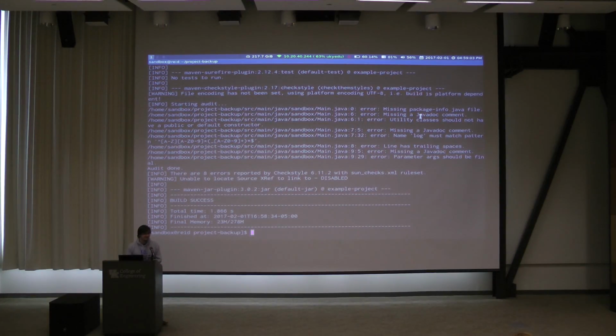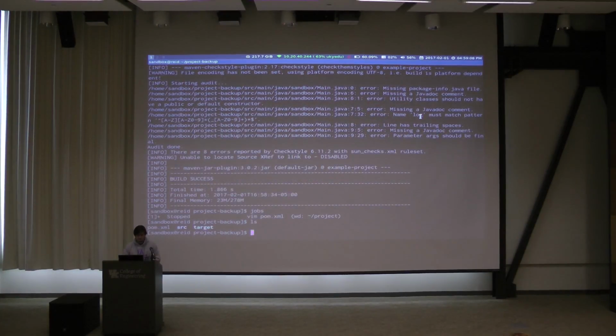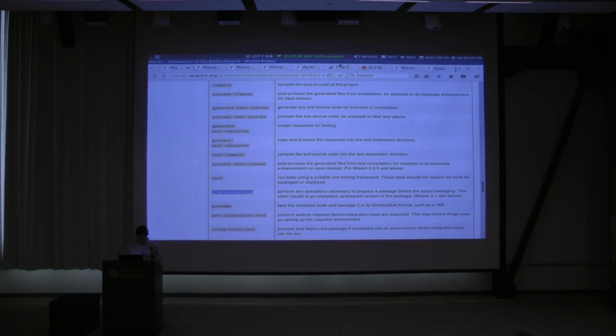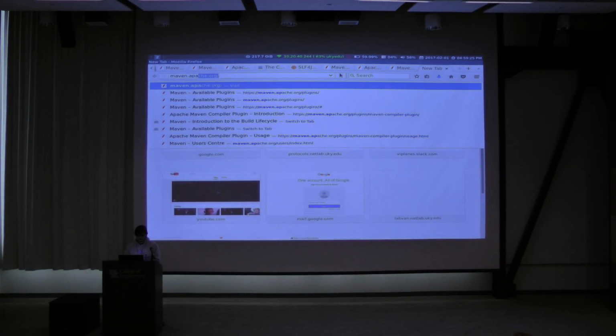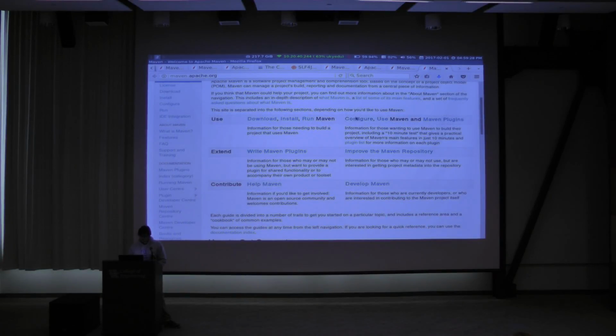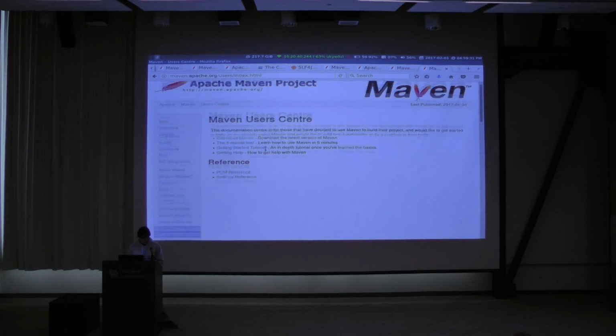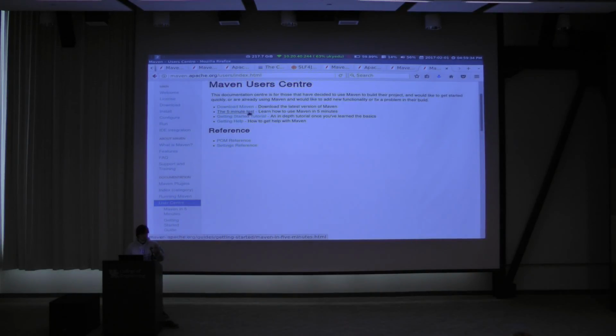Go ahead. How did you possibly get started? Okay, yeah. My research group builds software for HP's SDN controller, and in order to do that, you have to know Maven, so I didn't really have a choice. But now that I have learned it, I'm happy, and essentially, you really just need to go to maven.apache.org, and right here, this section, configure use. If you go to use, read through this stuff. There's a 5-minute starter, and then there's a more detailed tutorial after that. And that kind of gets you a head start, and then from there you can learn specifics about whatever plugins you want and stuff like that.